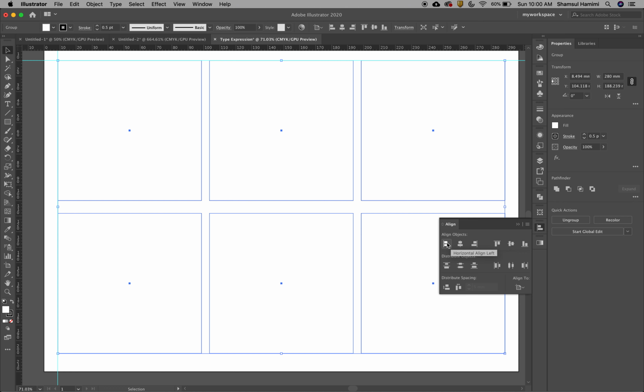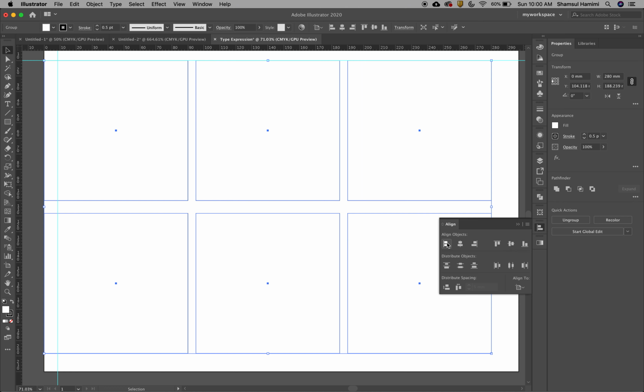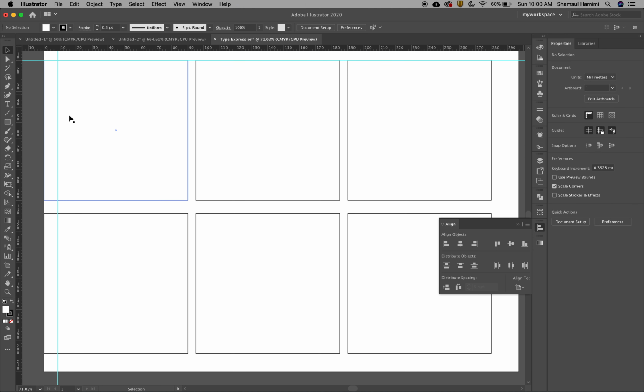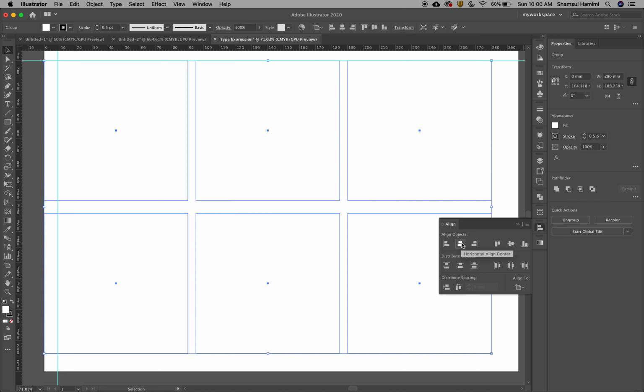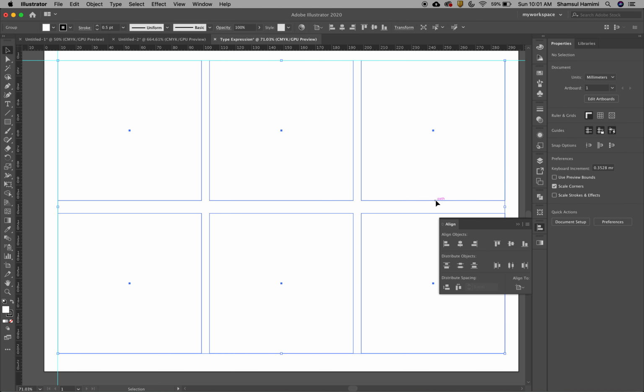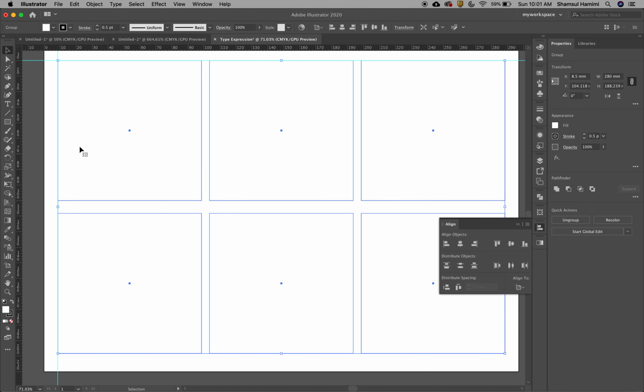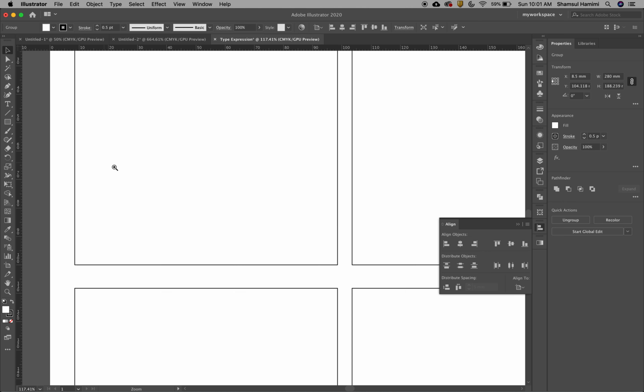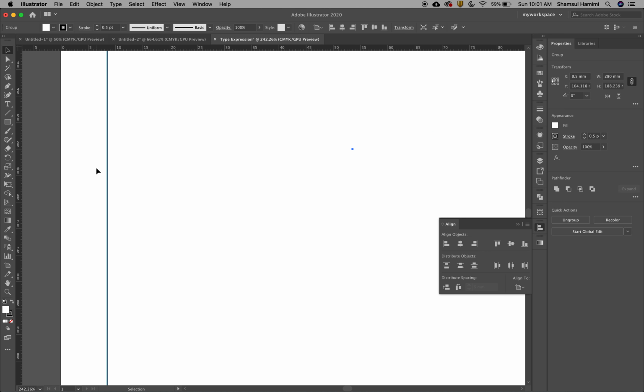If I click horizontal align left, the object will align left to the artboard, so now it's placed close to the edge of the document. And then if you press align center to artboard, it becomes centered on the artboard. If you do that, you are no longer placing the box perfectly within the margin. So maybe what you can do is